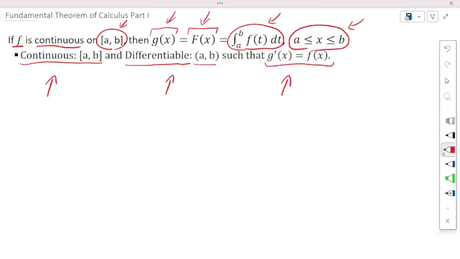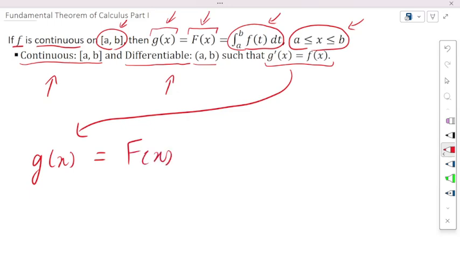Now let's look at this in more detail. We're going to say that g of x, so let's look at g of x first, equals capital F of x, with reference to this one right over here. So we know that g of x is equal to F of x, but if we take the derivative on both sides,